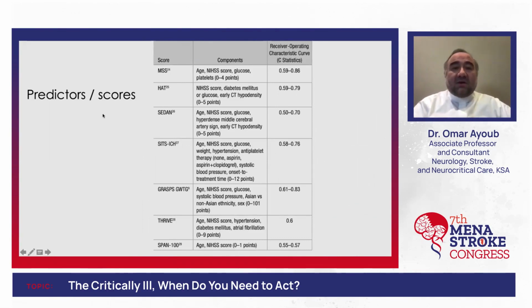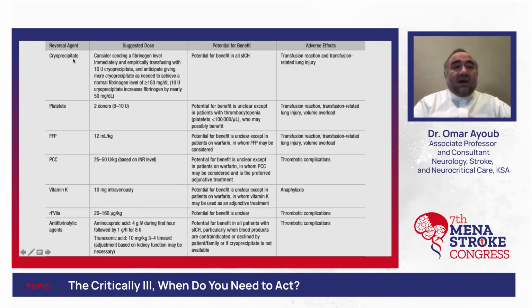First, you have to think about a score that predicts which patients can develop ICH, and there are different scores that you can use, and you can look at them with different positive or negative predictive values. But what to do with it? You have different plans in patients who developed, let's say, bleeding after thrombolysis. You can give cryoprecipitate, and there is a potential benefit for all patients who had symptomatic ICH, and an antifibrinolytic agent also has a potential benefit. The others, platelets, fresh frozen plasma, and the PCC, vitamin K, activated factor 7, they all have